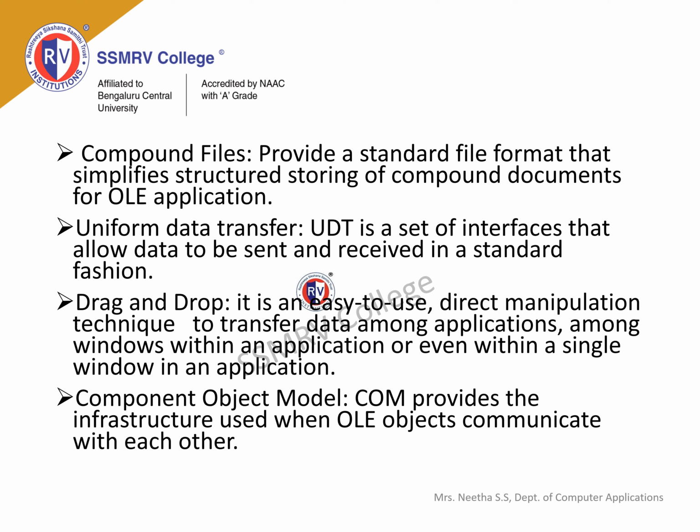We can also have more compact documents with OLE. The data of a linked object is stored in the original server document rather than in the client document. For example, if you link a company's revenue spreadsheet to 3 different Word or Windows documents, the spreadsheet is stored on the disk one time only. So the Word documents require only a link to the spreadsheet. This is a major advantage of using OLE.